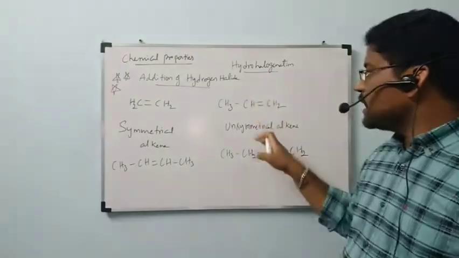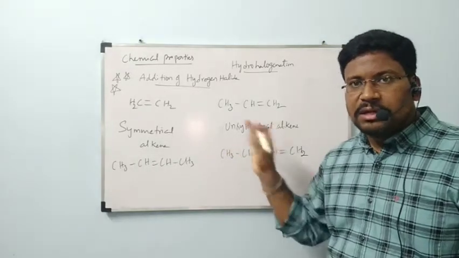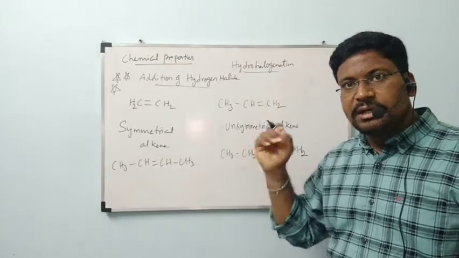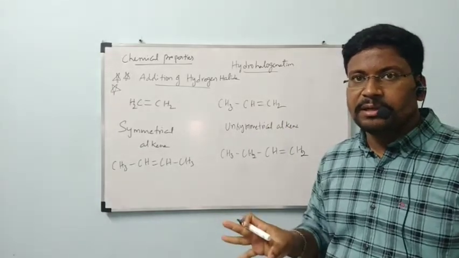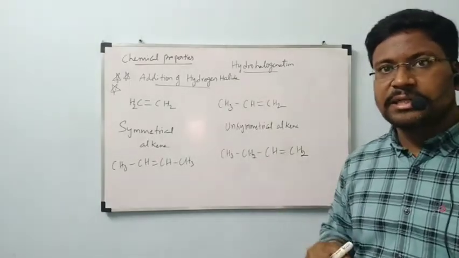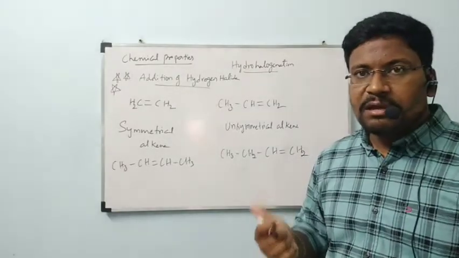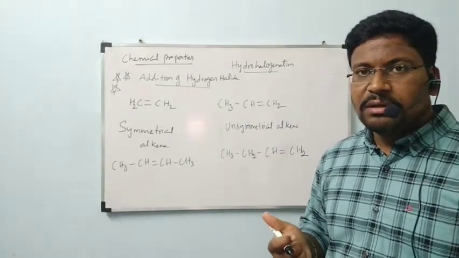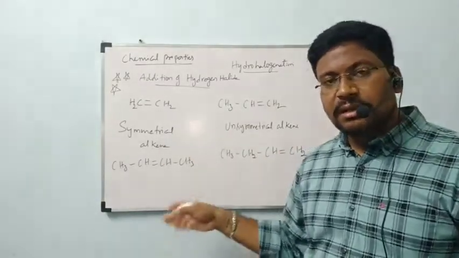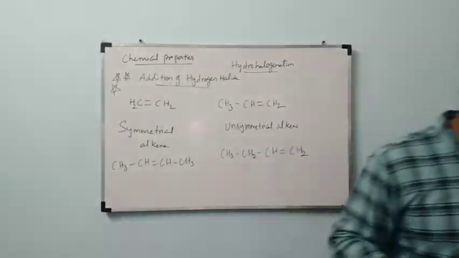How is hydrogen halide applied to an unsymmetrical alkene? By taking some examples, it will be clear. This is very useful in the coming 12th class, and very important. There are many chances to get a 5 mark question in the next chapter depending on this, so be careful while learning. Concentrate highly, all of you. Now I am going to take one symmetrical alkene example and one unsymmetrical alkene example. Okay, ma? Let us see.